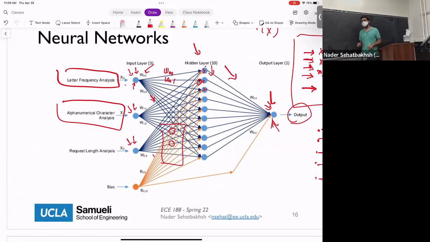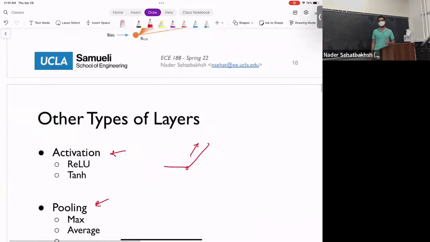And again, the reason for activation is inspired by the way that the brain works as well. The brain works with spike-like behavior. It doesn't pass through continuous values. It actually passes through zeros and ones. If the threshold is bigger than something, it becomes activated and sends that signal to the next neuron. And if it's not activated, it sends nothing. And this ReLU function, or generally these activation functions, mimic that behavior.